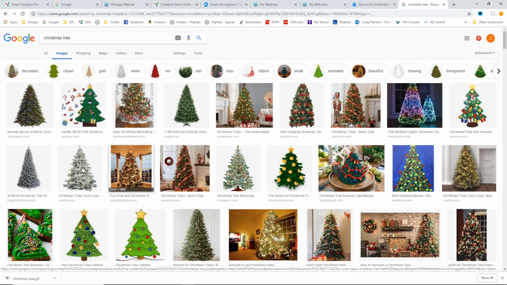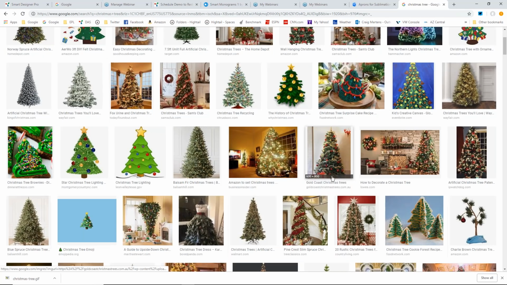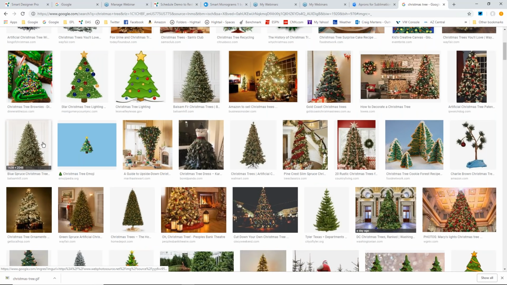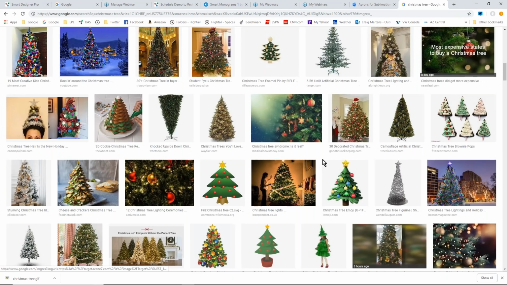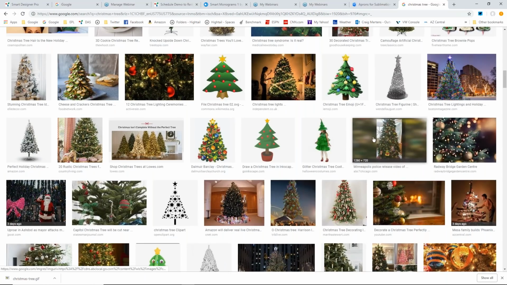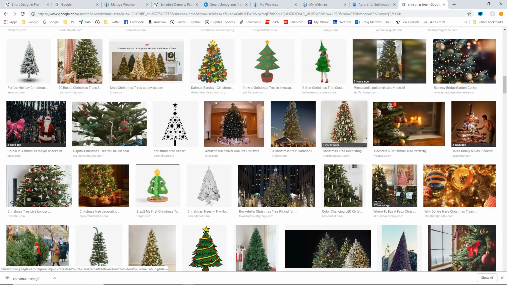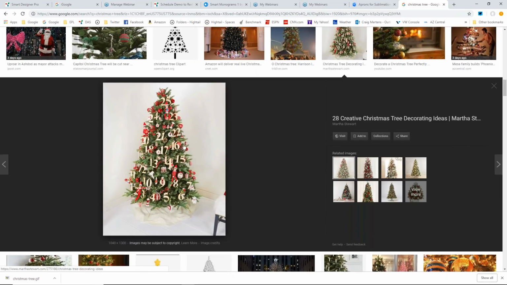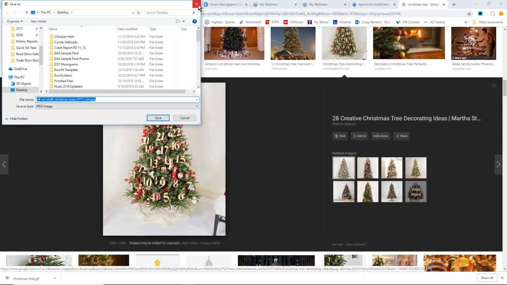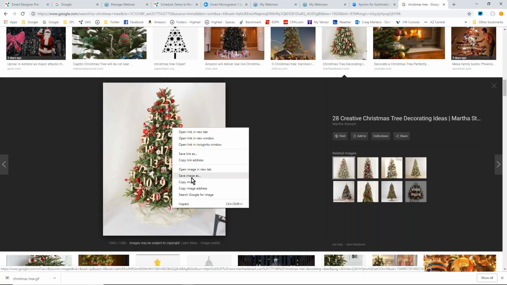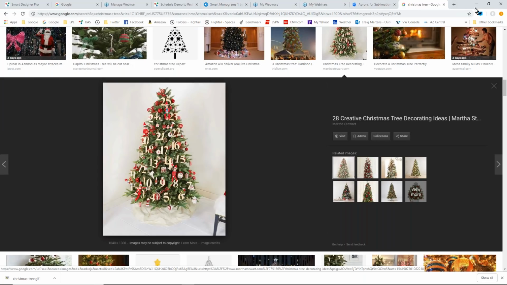So let's see here. You would think this would be a lot easier. No, that's not bad. That's a nice big, yeah, that's really cool. Yeah, this is going to be ideal. So I'm just going to say save image. And because it doesn't have copy image to clipboard, because it doesn't have that background, we can just paste her